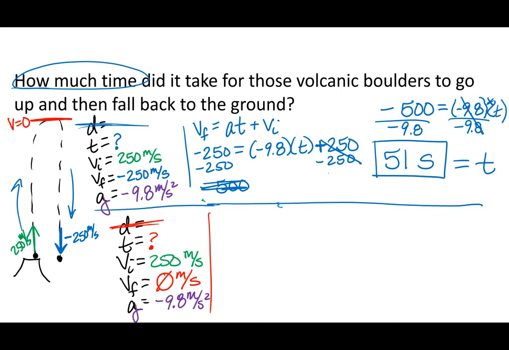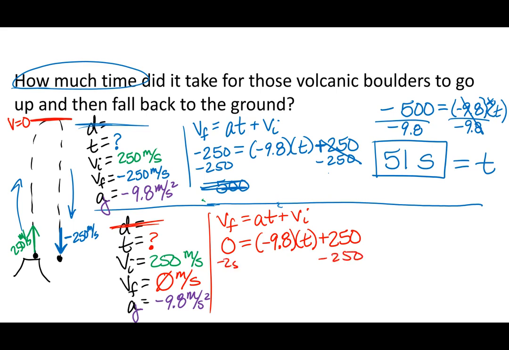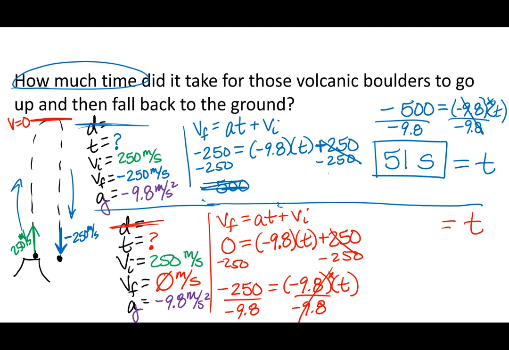It's going to be the same equation, the same 4 variables. So VF equals AT plus VI. This time we have a 0 right here. So 0 equals negative 9.8 times T plus 250. We're still going to subtract the 250 from both sides and get negative 250 equals negative 9.8 times T. And we're still going to undo the multiplication by dividing. This time, when we do negative 250 divided by negative 9.8, we will get a time